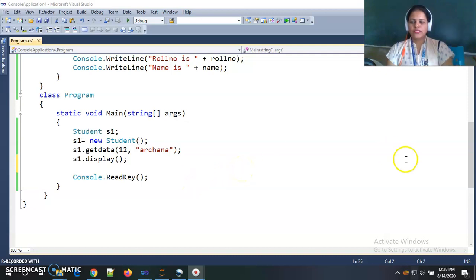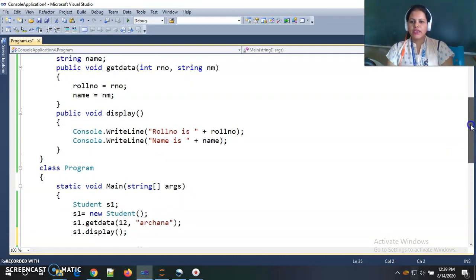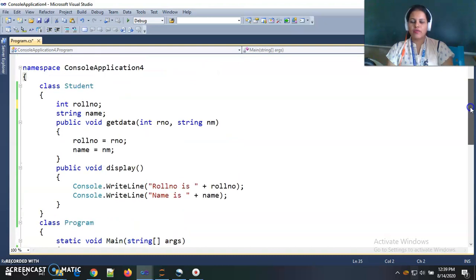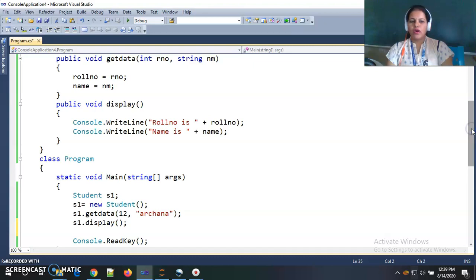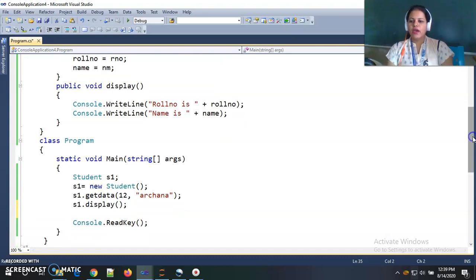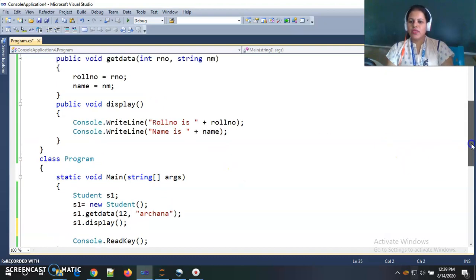Hello students. In the previous program we saw how we can define our own classes and use them in our own program, or how we can declare objects of our own classes and access methods of our objects. Now in this program we see how we can